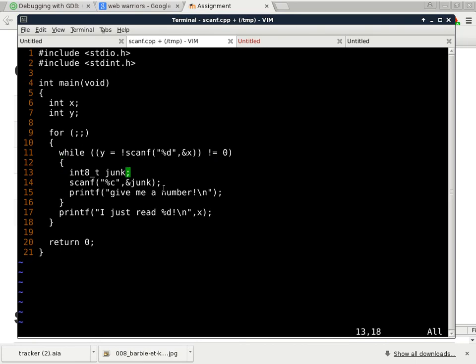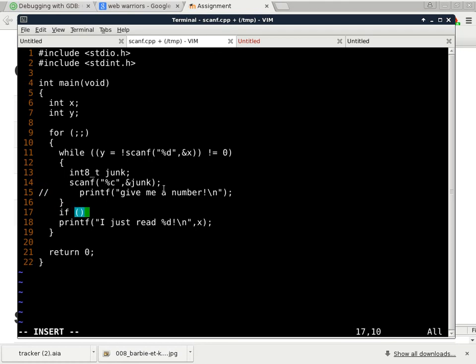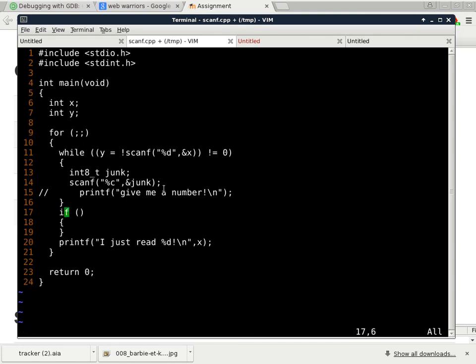You're going to remove the give me a number error message from that loop. Okay, we'll comment it out. So now you're going to have a conditional statement after the while loop involving y. So if... it is not going to work, because